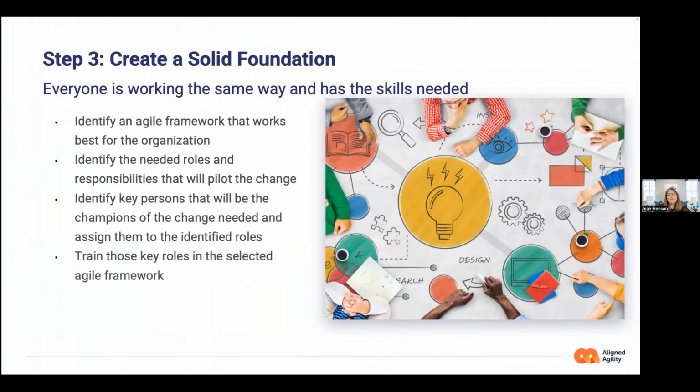And I love that phrase, because it gives groups the ability to do things in their own way where it makes sense, but also do things the same way everyone else is. So you can roll up information in a way that is apples to apples and not apples to oranges, if you will. Things like that include identifying either an Agile framework or even a pseudo-Agile framework,